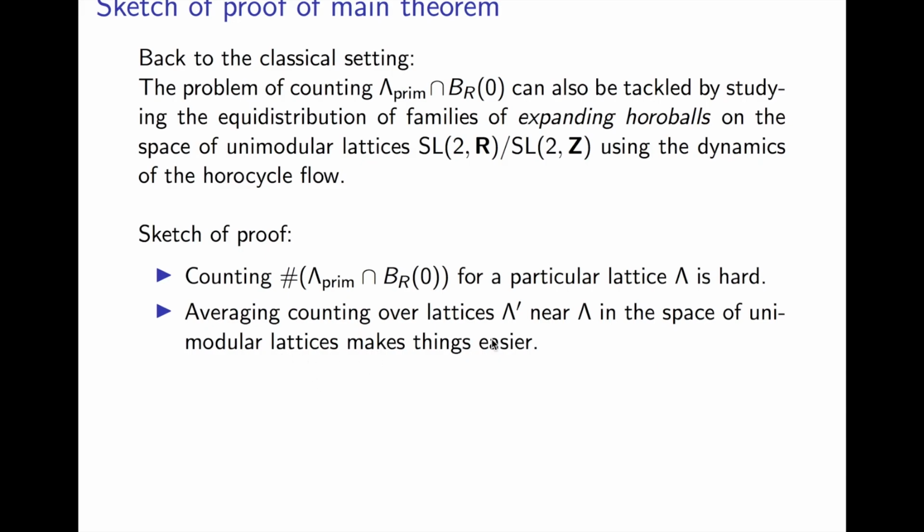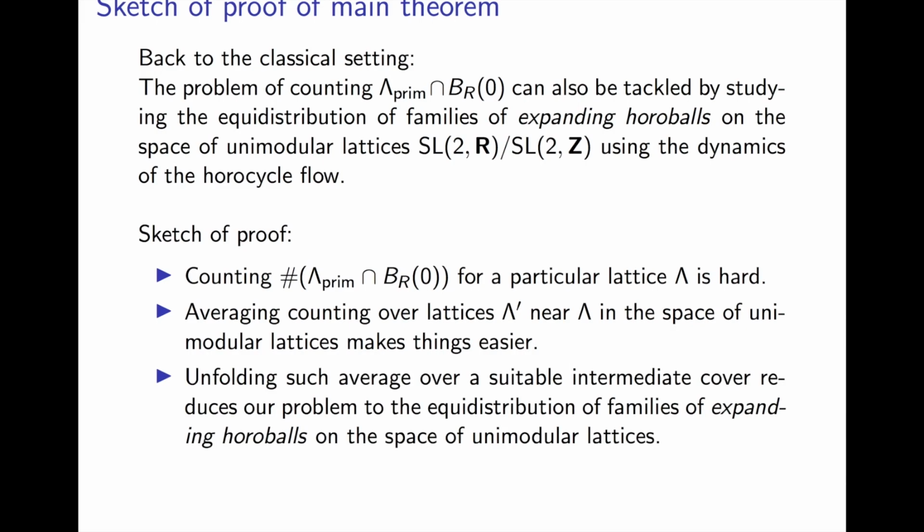And you say, oh, big deal, you just average the counting problem. Here, by near, I'm thinking about lattices that are nearby, so that when I take the average, the counting problem looks very similar to the original one. And what's the advantage of having averaged? The idea is that once you average, there are standard unfolding techniques to unfold such averages over some suitable cover, and then your original problem reduces to a problem about equidistribution of certain families, which we call expanding families of horoballs, on the space of unimodular lattices in this case,